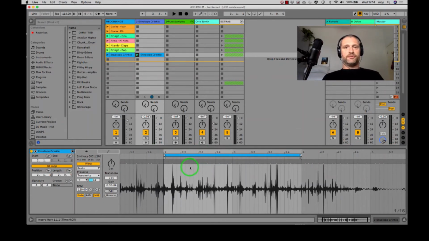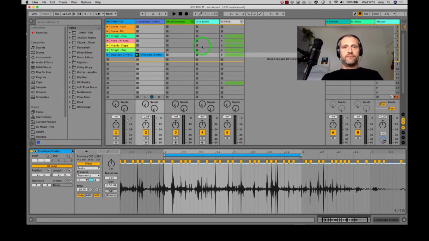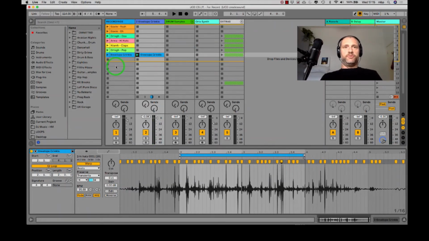We could snap those to the grid using something called quantize. Let's have a listen. Yeah, I think we'll get away with that, and maybe we'll put on some effects, a bit of reverb, a bit of delay. It's got a little bit of a percussive layer we'll try and use.